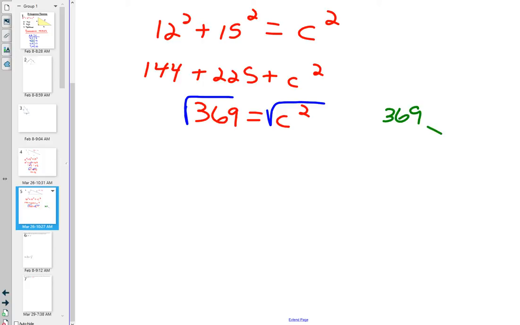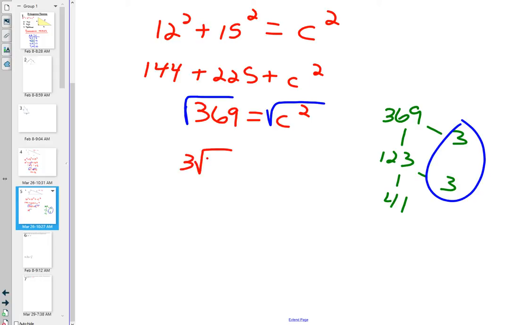Exactly what it is. All right, so let's do a factor tree with 369. The first prime number that you can factor out is a 3. That leaves you 123. 3 can be factored out of there also. Is it 41 times? 41 is prime, so you're done. So I can bring out a pair of 3s. So 3 square root of 41 is equal to,